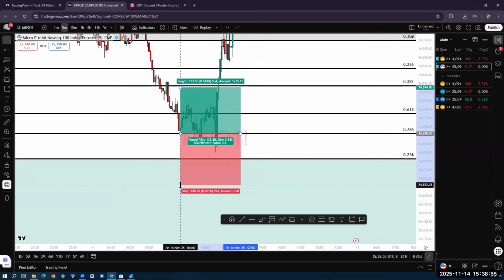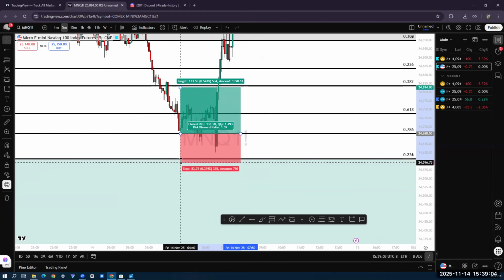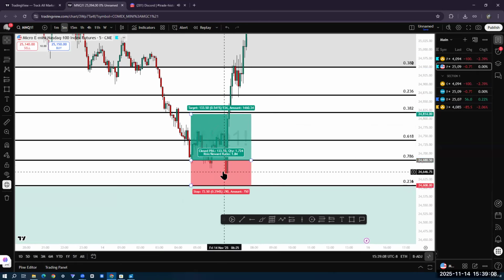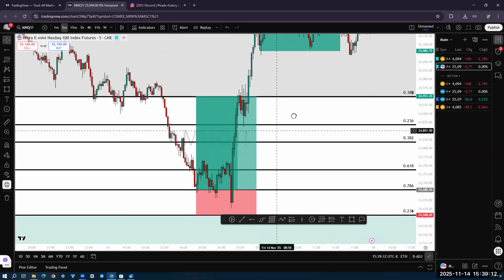Why would you put it here? Why would you put it here? Why would you put it here? Put it at the next fib level, or maybe a little under it. But I would have had my stop just like this. I would have got the early entry, got scared as hell, went into the drawdown, smack TP. Simple. Boom, boom, boom.